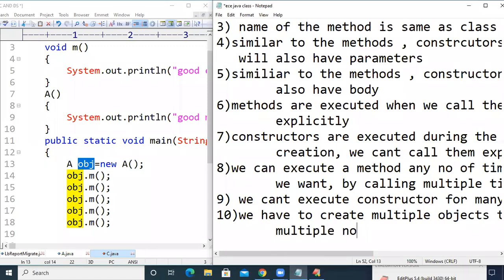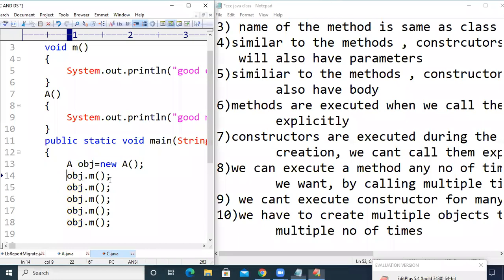If you create a single object, the constructor will get executed a single time.